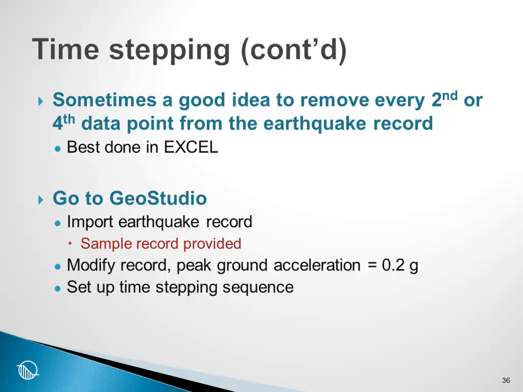So let us now go to GeoStudio and import an earthquake record that we have supplied for this illustrative example. And we will modify the record and set the peak ground acceleration to 0.2 g, and then we will set up our time stepping sequence. So going then to GeoStudio,